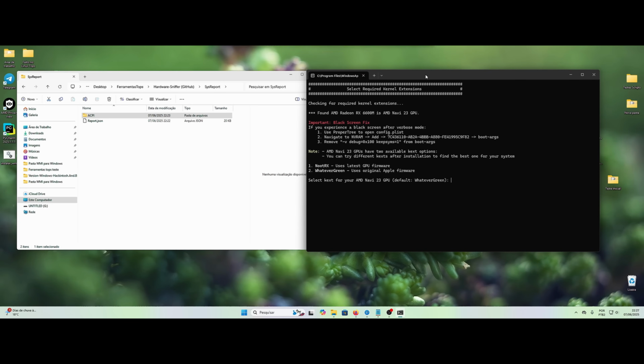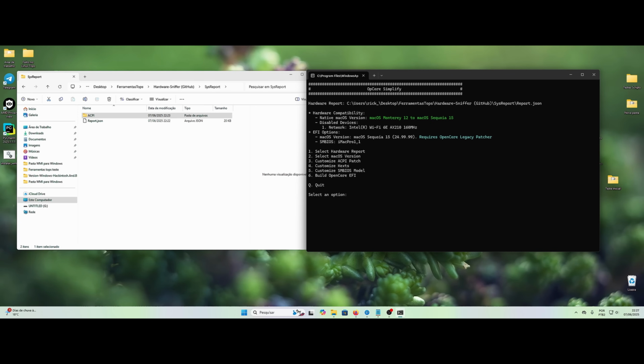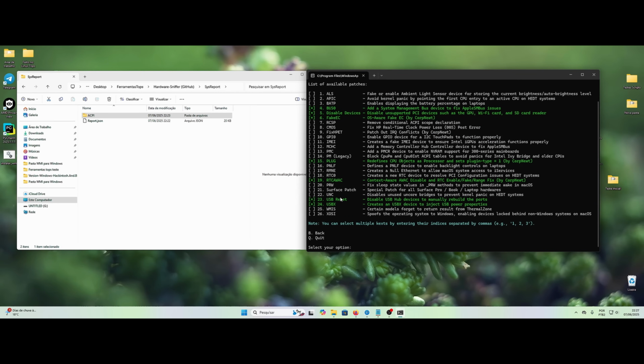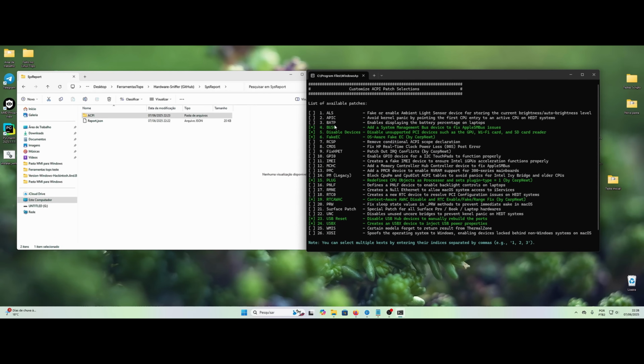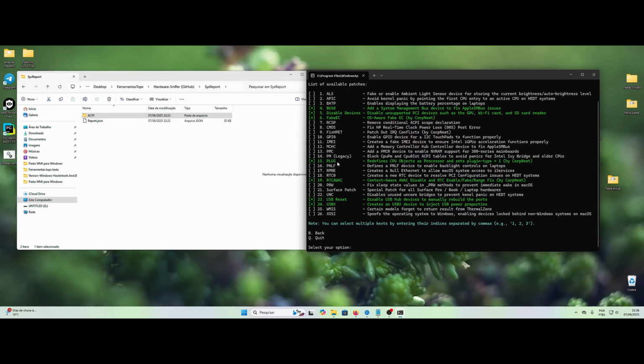Here he asks me if I want to use the Note X or the Reverse Green. I'm going to use the Reverse Green because the Note X is still in adaptation, but it's a nice cast. It's worth testing, so I'm going to use Reverse Green here. The macOS version. Let me see the SPS. How is it here? What did he download there for us? Okay, it's a B to come back here. Let's see the quests. The INF pass is present here.